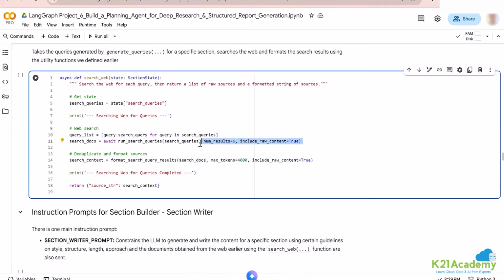So how many results per query? 6 results per query. So 6 into, let's say there are 5 queries generated. That will be 30 such results. And again, all these queries will be running in parallel. Okay. So these are the queries related to the content of the